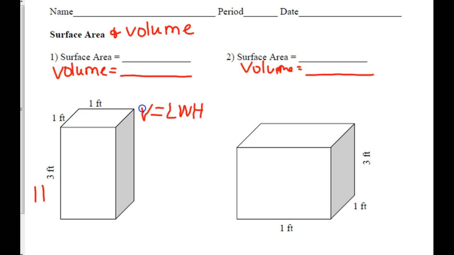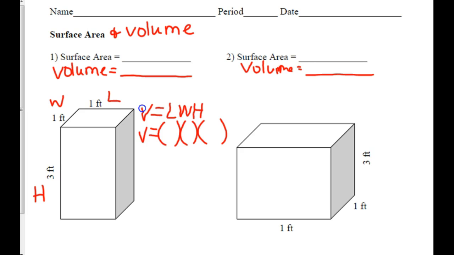So 3 is our height, 1 is our width, 1 is our length. Technically, it really doesn't matter which one you label length, width, and height because the commutative property says we're allowed to multiply in any order and still get the same answer. So now I'm going to plug in the numbers, and I'm putting parentheses because I know that means multiplication,